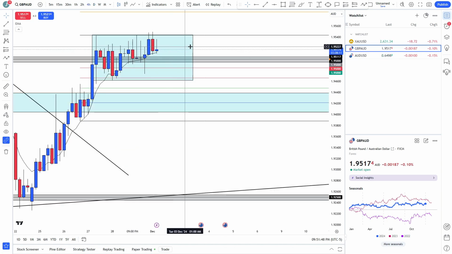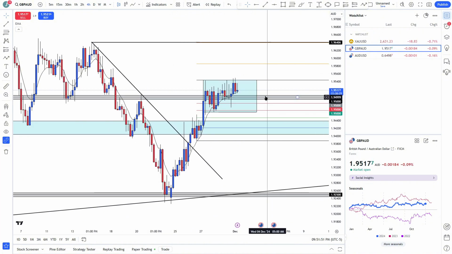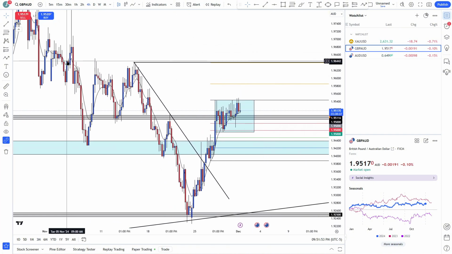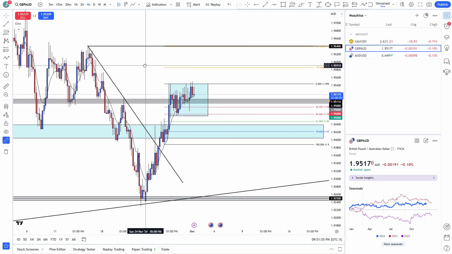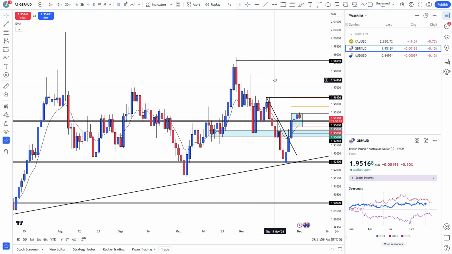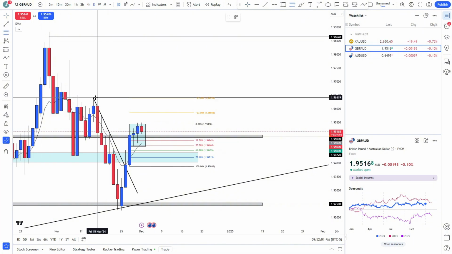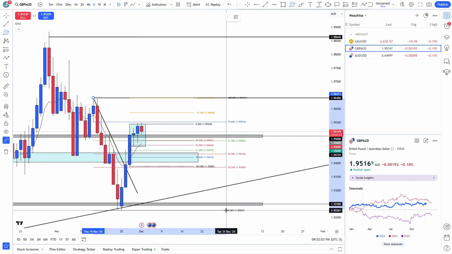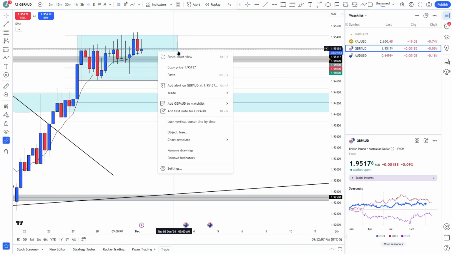But on the other side for GA, we could see a breakthrough and a retest of the 1.95 area, and potentially this daily Fibonacci. I wouldn't count on this, honestly. Yeah, I wouldn't count on this. Pretty far-fetched, but